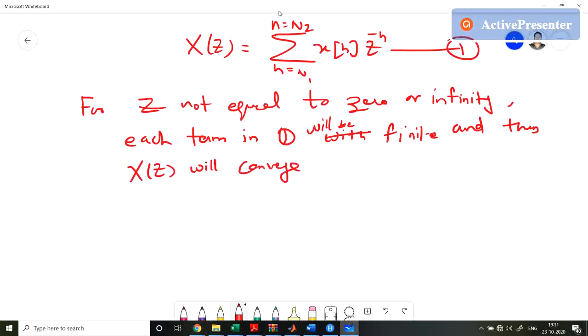And if the condition is N1 is less than 0 or N2 is greater than 0, then